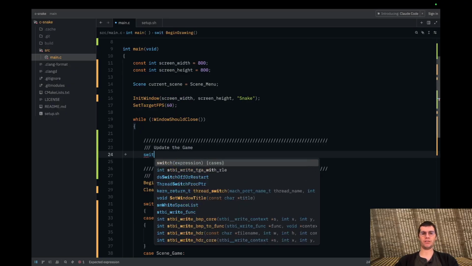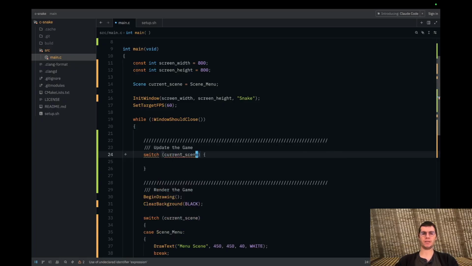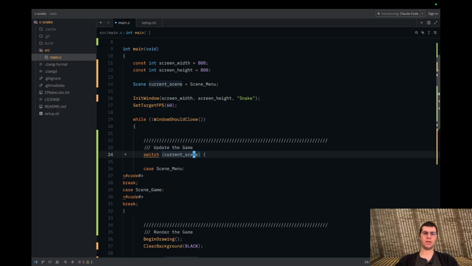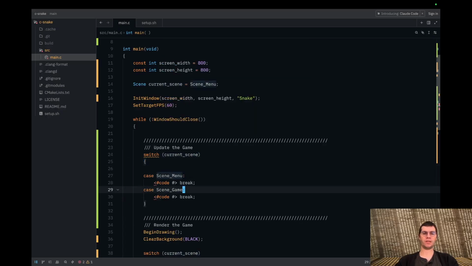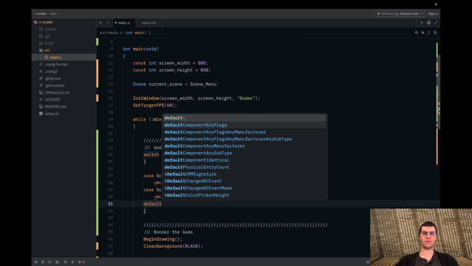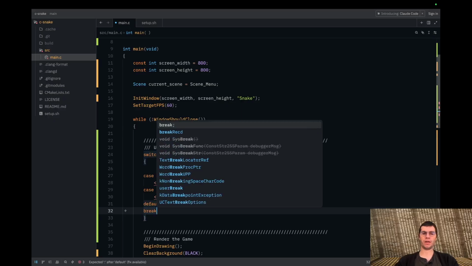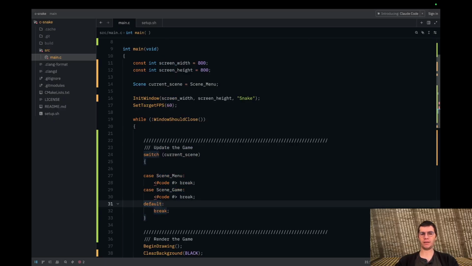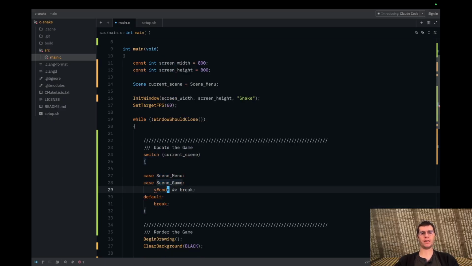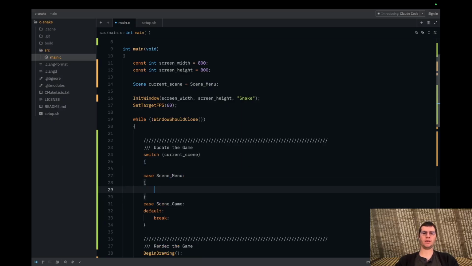And then we'll again have our little switch statement. Current scene, this. Now we have our missing stuff, and now we can fix this default. And we'll just break again. It's not great error handling, and we'll come back to it, I'm sure. But for now, let's just keep it like this. Break,